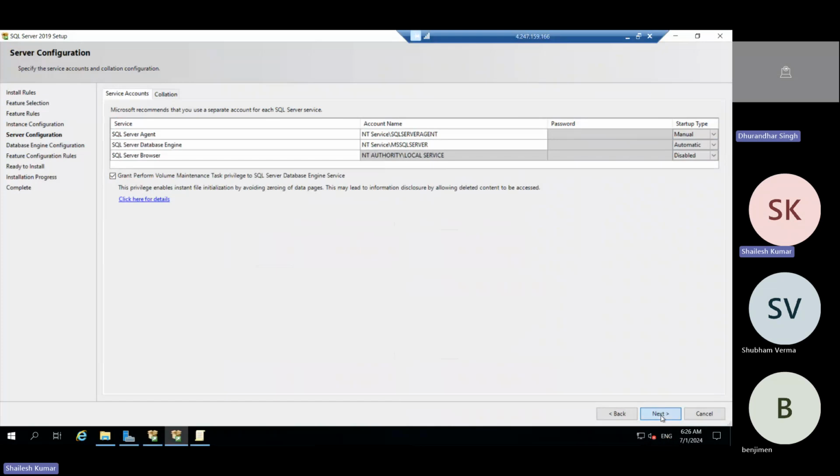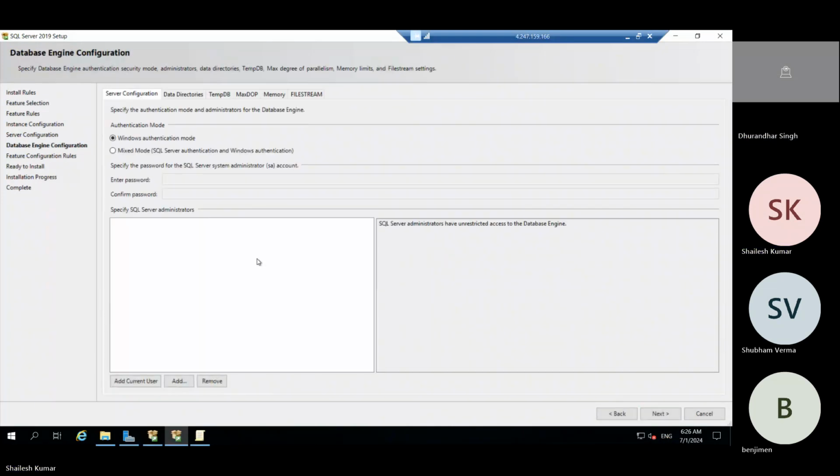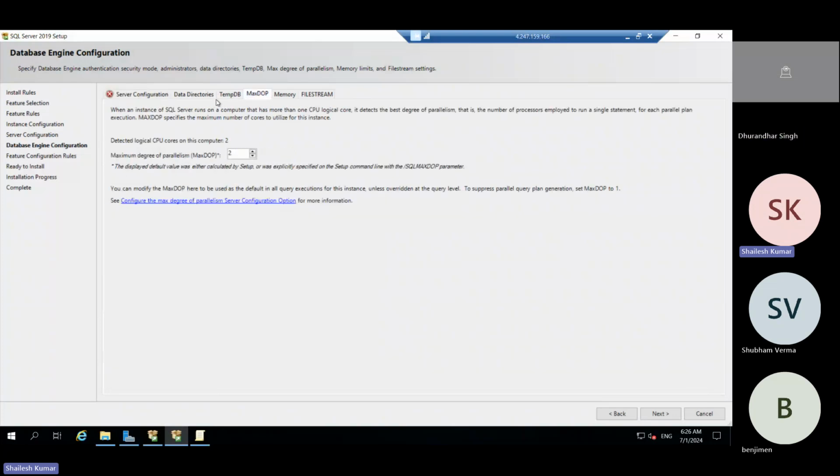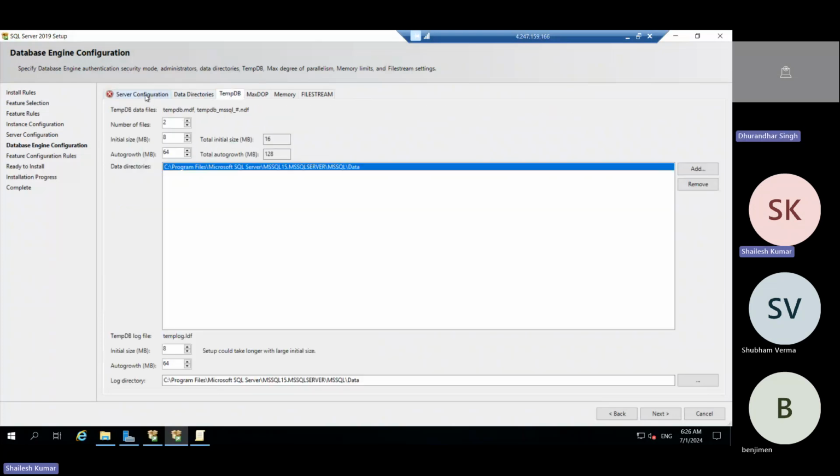So hit next. I think, Shailesh, this installation part we can do fast because I have done it. Benjamin, are you aware, right? No, we are just seeing this. We have a tuning part here also for MAXDOP and tempdb. Yeah, that is good. This is in 2019. We are not going to SQL Configuration Manager to set MAXDOP and memory from there. We'll see here also.